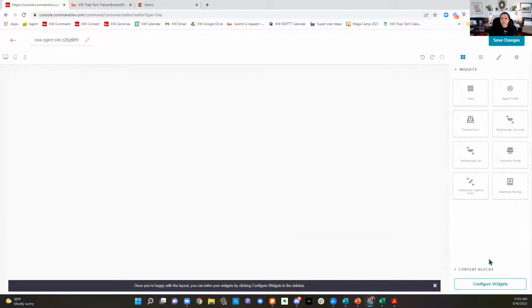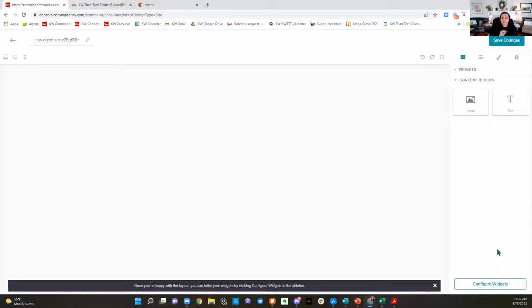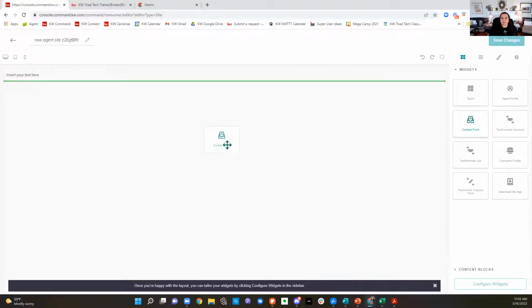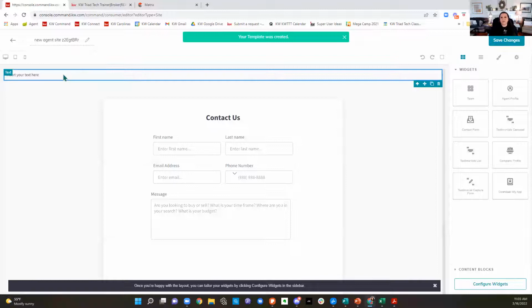Okay. And now we also have content blocks. So for my third party site that I added to mine, I use this text box. You always have to have one widget. So I did use the contact form as my widget. And there is a way to go to the website, and it sounds harder than it is, I promise. You go to a website that writes the code for a website for you, and you paste the website that you want to show up into that thing, and you hit generate code and it gives it to you, and you paste it in the box. And then you hit save, and then you have